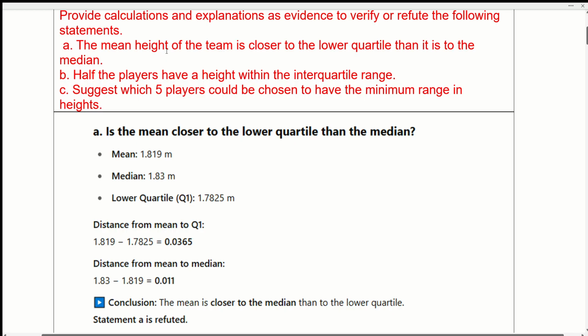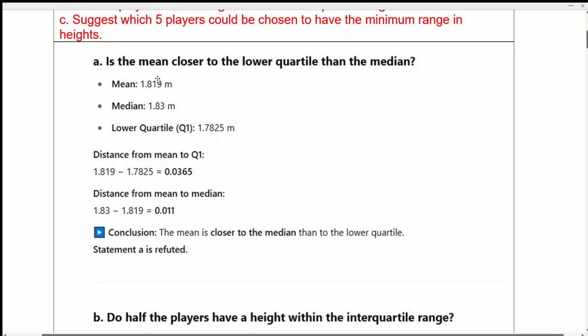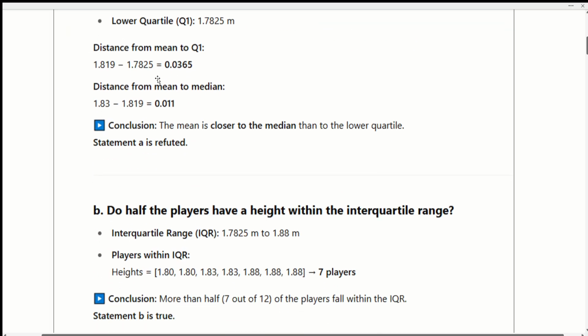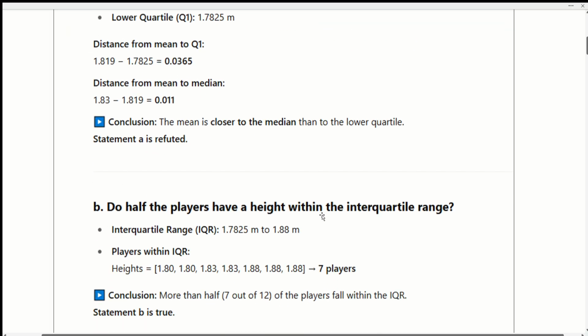Okay, because this is just a statement-based question, we're just going through it as quick as possible. Half the players have a height within the interquartile range. So the interquartile range formula is IQR equals quartile 3 take away quartile 1. Okay, so we need the median for that to determine quartile 1 and quartile 3. So let's see if our statement is true or false. Do half the players have a height within the interquartile range? So the interquartile range is going to be